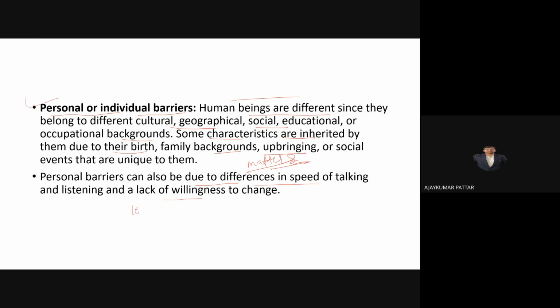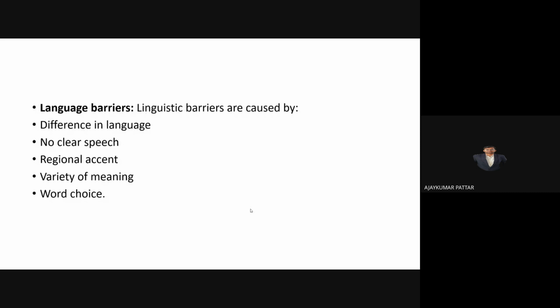For example, if 10 students are listening to my class, in every class one person will say that I am not understanding anything. That type of barrier we call an individual or personal barrier, because of his personal things, his environment, growth. So he will never communicate as effectively as compared to the others. Anything that is disrupting proper communication in that person, then it is a personal or individual barrier.